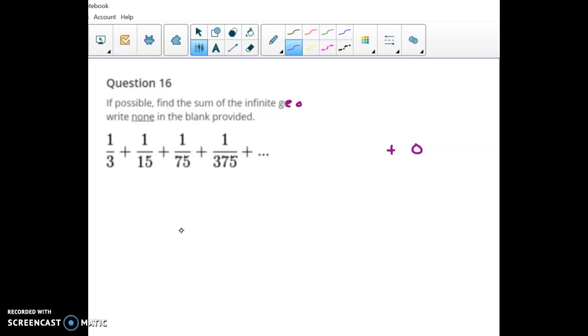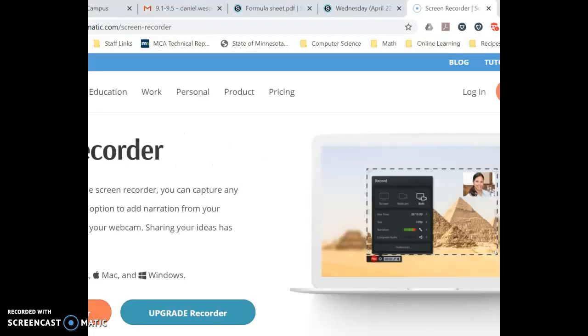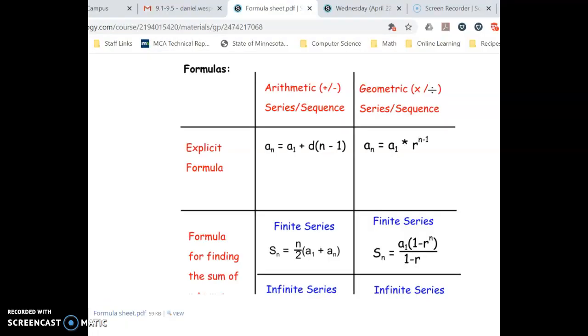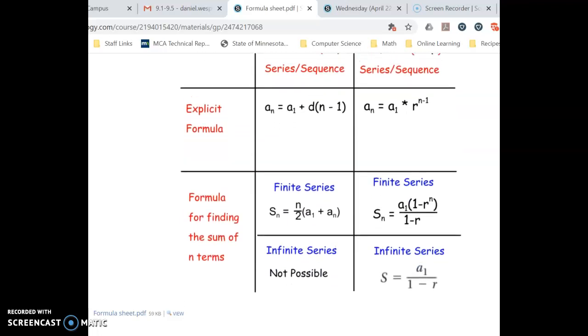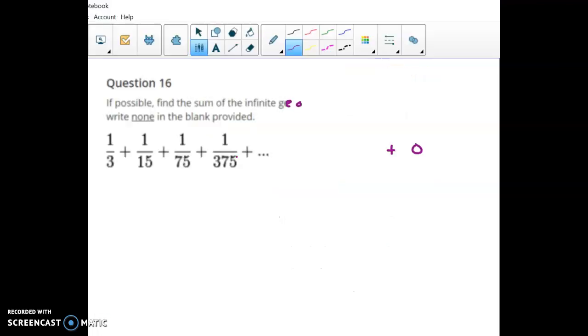All right, and so the formula, let's go to our formula sheet. We have finding the sum, and it's infinite geometric. So sorry it wasn't on there originally, but here's our geometric column, and it's infinite. So we just do a1 over 1 minus r. Right, and a little bit of tricky fraction work on this. So a1 is right here,